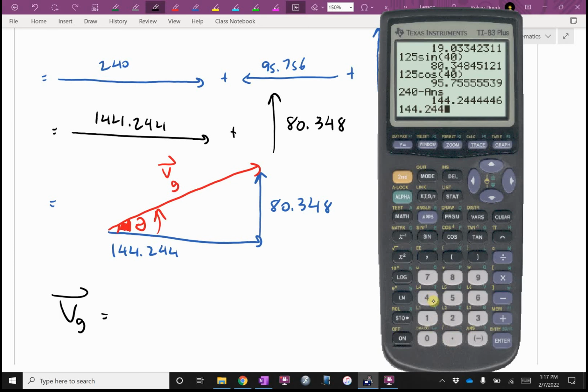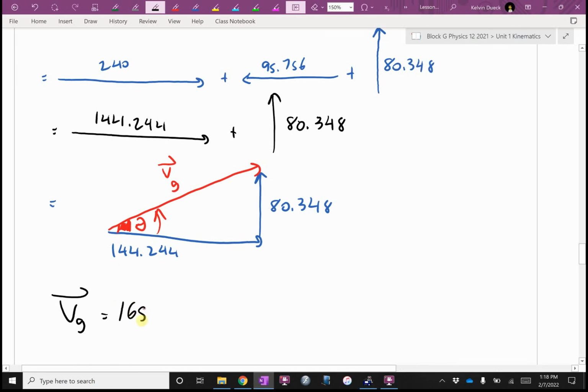144.244. Oh, I got this on my calculator. Answer button squared plus 80.348 squared, square root. Oh, now I'll go to 3 sig figs in my final answer. 165 meters per second at